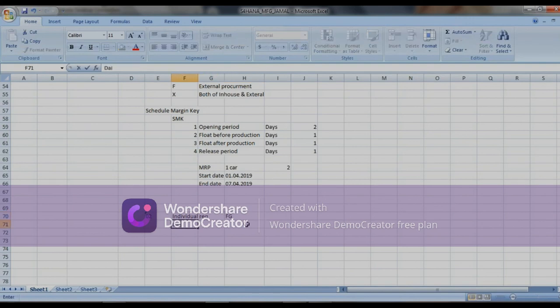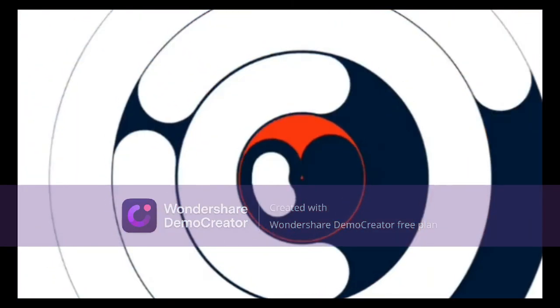Now next is daily requirement. Generally we will use this for raw materials and semi-finished products. That means to manufacture 100 cars, you need 100 engines. Engine is a raw material. So you will check that on a particular day you need 100, and whether that total of 100 is available or not. You don't need to check engines order wise. Even if you have 10 orders, you don't need to check each order. You need to check daily.